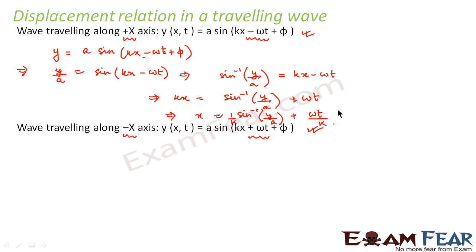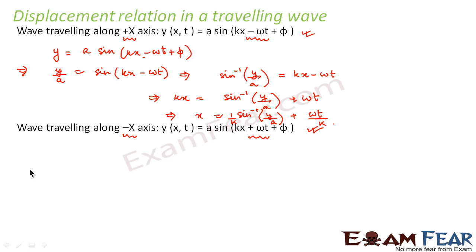Now what happens as time t increases, the value of x also increases, no matter whatever the value of this term, whether it is smaller or bigger, whether it is positive, negative, whatever it is. With this expression, you can say that the value of x increases as the value of t increases. That means as time increases, value of x increases. So the value of x increases means the wave moves along positive x-axis. You consider this value as anything, and you see that as you increase t, the value of x also increases.